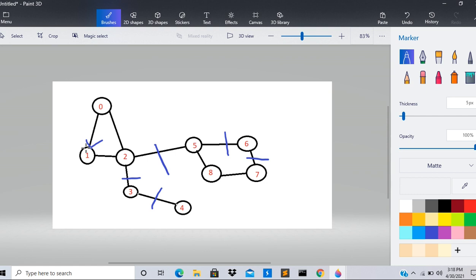We would also assign the low link value of node 1 as its id itself, which is 1. Now we would apply depth first search on node 1.